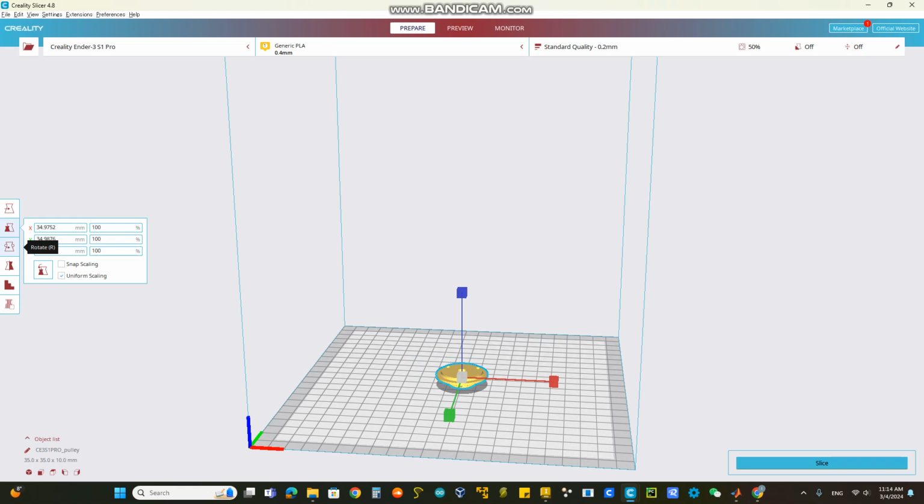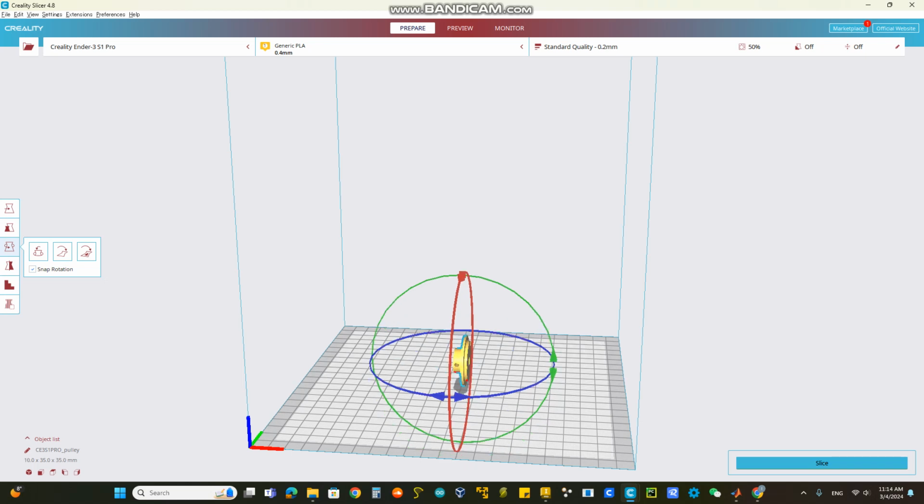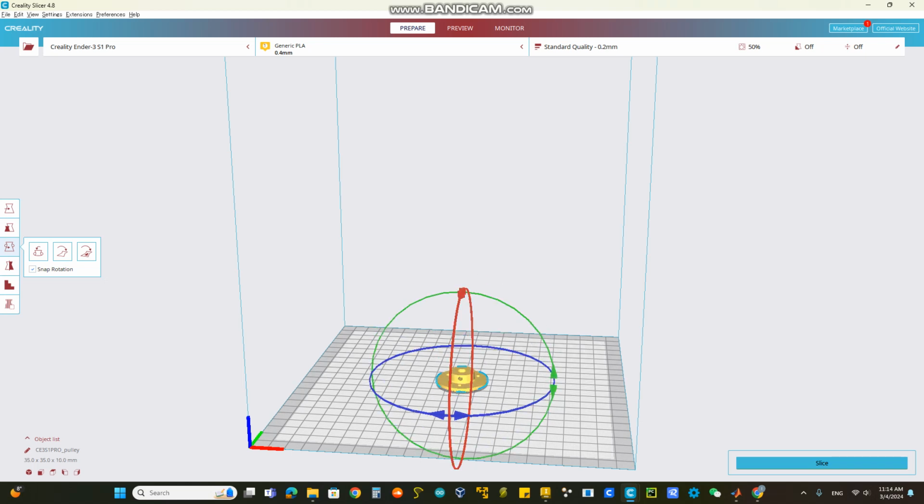Rotate: you can rotate your model in order to let the 3D printer print it successfully. Sometimes you need to rotate your model. If you press here, you can rotate around the y-axis or x-axis or z-axis. For example, if I press here, if snap rotation is checked, it will rotate by a specific degree, 90 degrees, in any direction. By unchecking snap rotation, you can rotate it by any degree. For example, as you can see here,